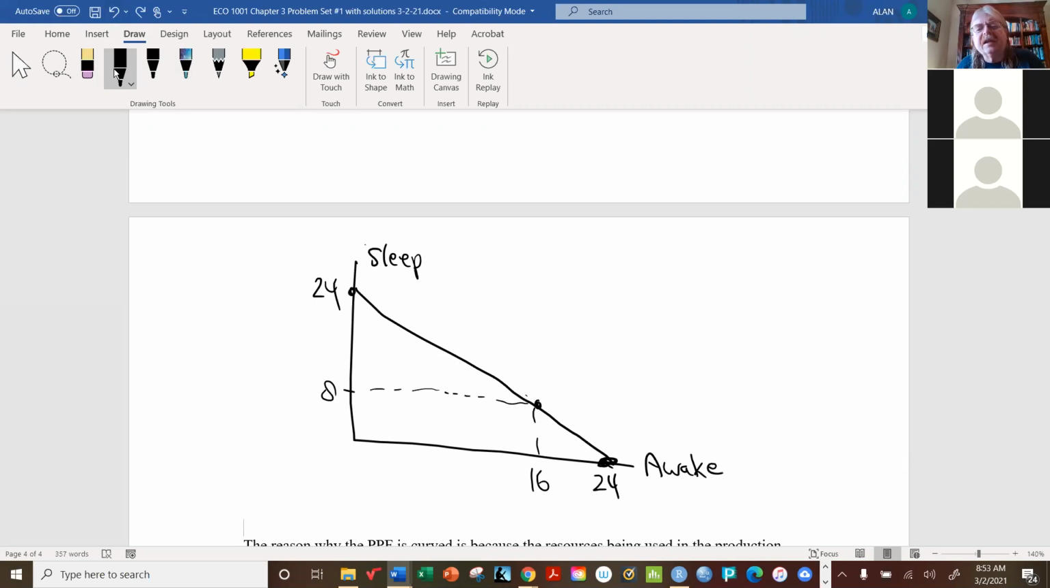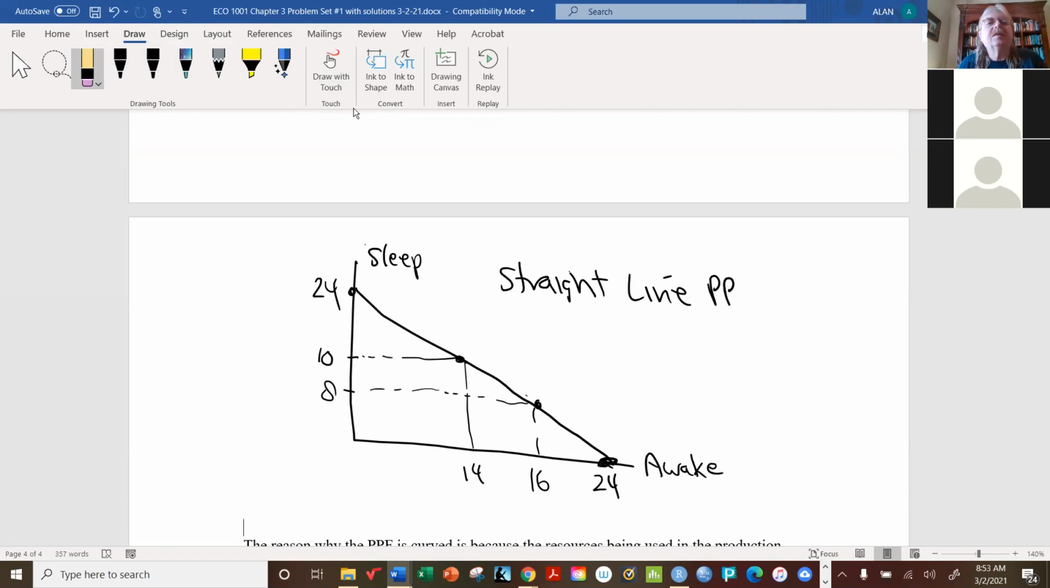And so, you can see it is a straight line because let's say it's Saturday and you're really tired. There you go. So you're going to now be at 14, that kind of thing. So that's a straight line. PPF. Whoops. And that implies,